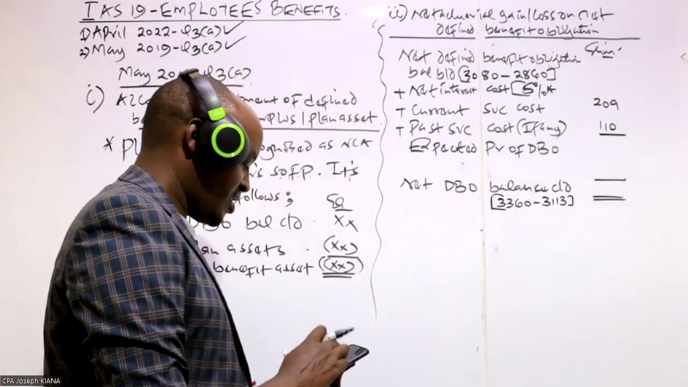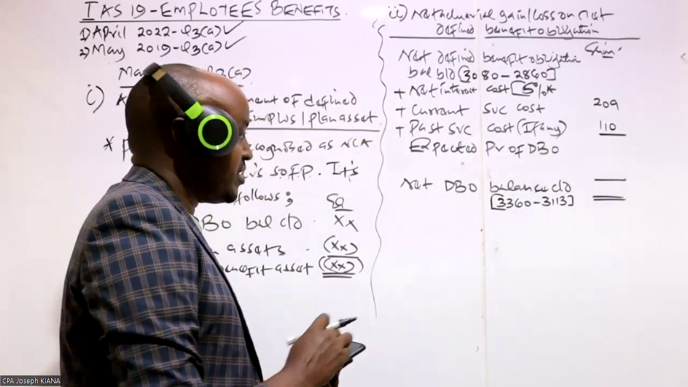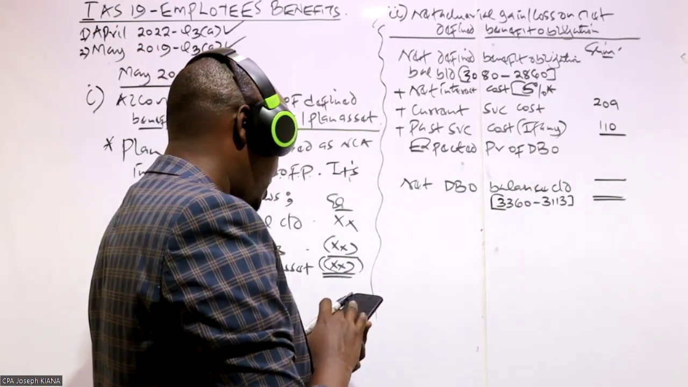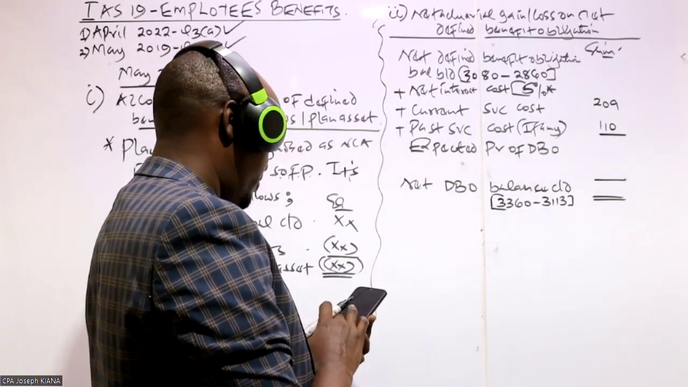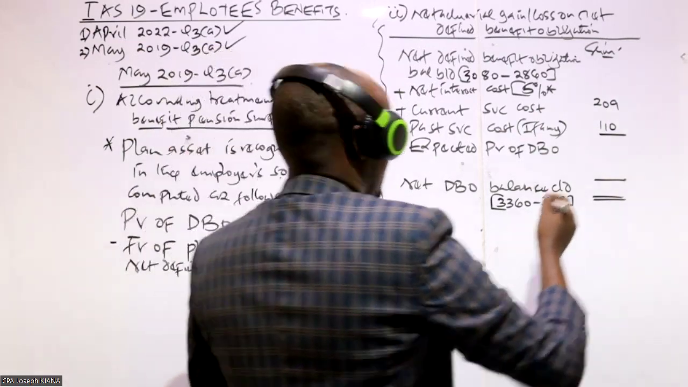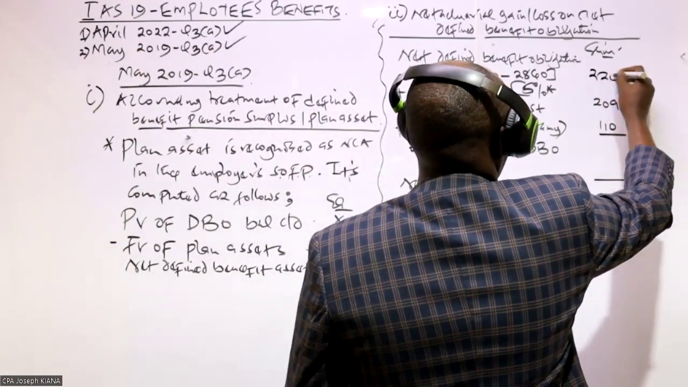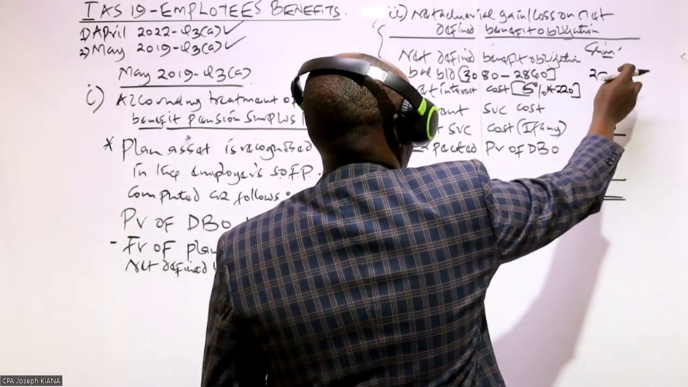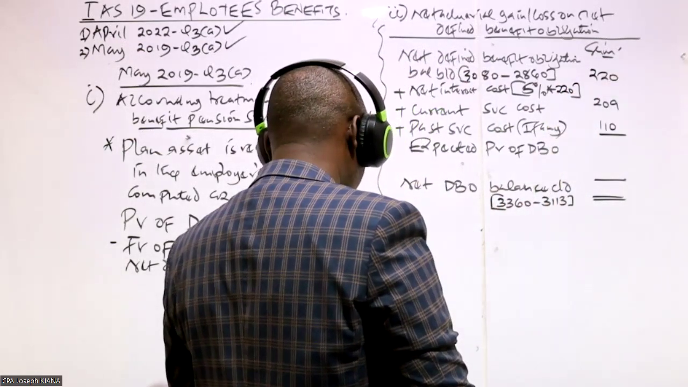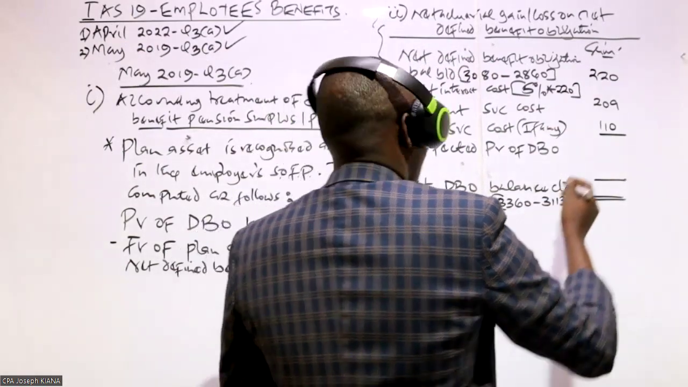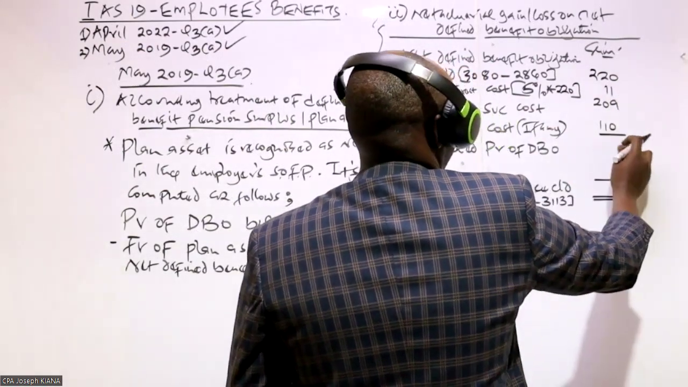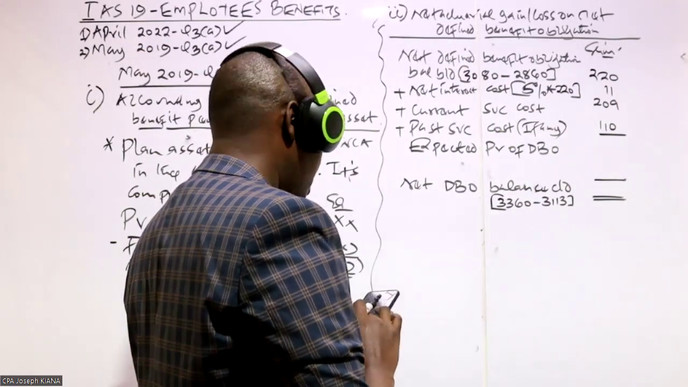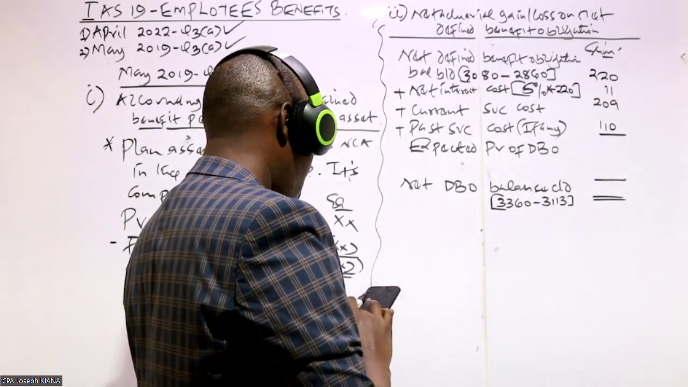So let's compute these particular figures. Here we start with the net defined benefit obligation at the start, which is 3080 minus 2860. That will give us 220. And then we compute the net interest cost, which will be 5% of that, giving us 11. And then we work out this, which will be 11 plus 220 plus 209